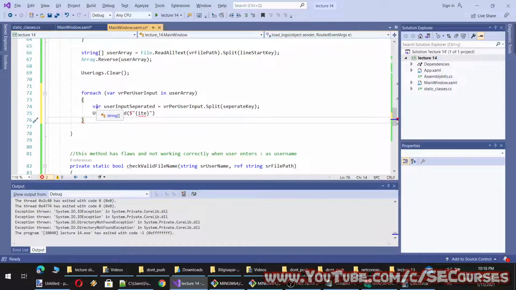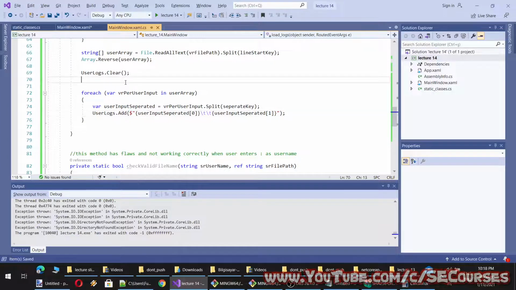Now, since I have used var, you see it is automatically predicted as a string array because I have used split. And here I will just give the first parameter as datetime, then I will add a colon or double colon, whatever I want. And here I will provide the rest of the user input.